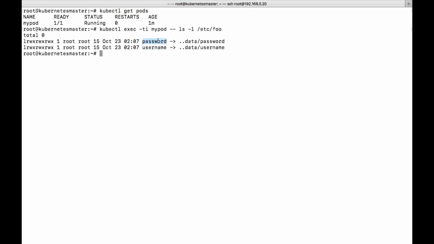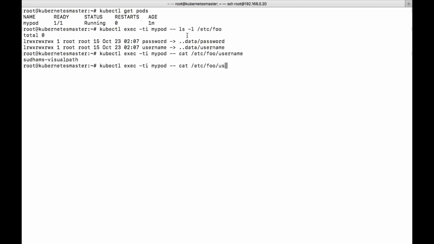If you want to see this information, it will not be in encrypted format now. That is the one thing you need to remember. Let's see. You can see the actual username and the actual password.